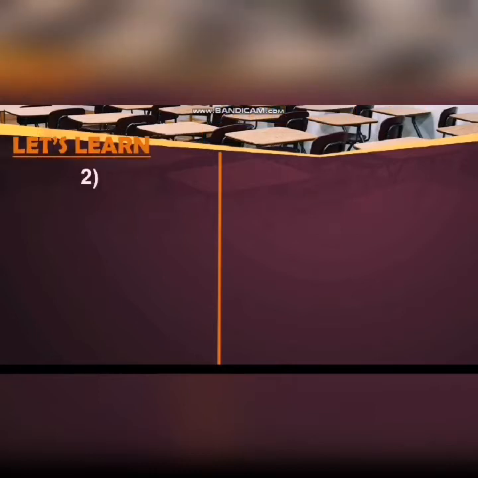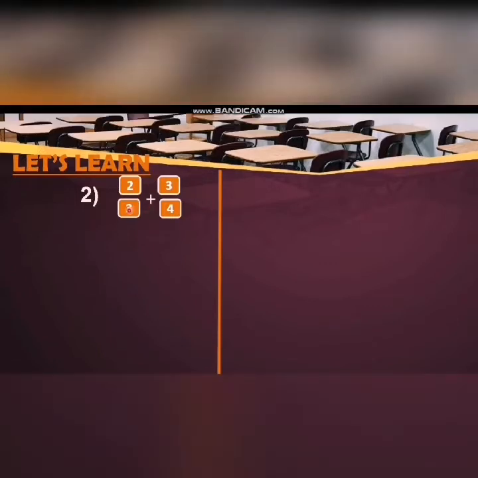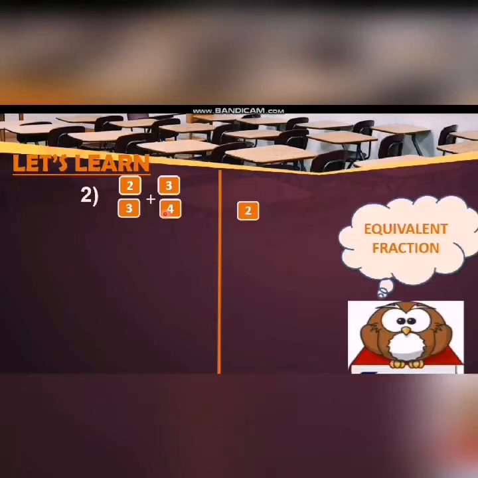Now we have another example. Question number 2: 2 by 3 plus 3 by 4. We have again two different denominators. We make these two denominators the same by taking their LCM. When we take the LCM of 3 and 4, we get that the LCM is 12. Now we take our fraction 2 by 3. We multiply the denominator